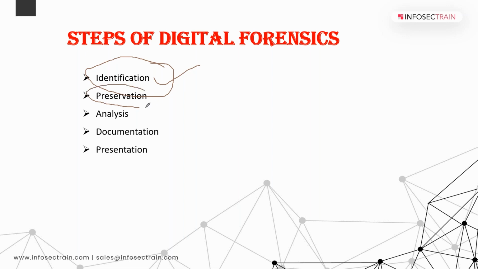Next, preservation. It means isolate it, secure it, and preserve the data it contains. What it includes exactly is preventing people from possibly tampering with the evidence. We need to keep that evidence in a secure place. And next, analysis. In the analysis, we reconstruct fragments of data and draw conclusions based on the evidence found. Whatever information we have preserved, we analyze it.